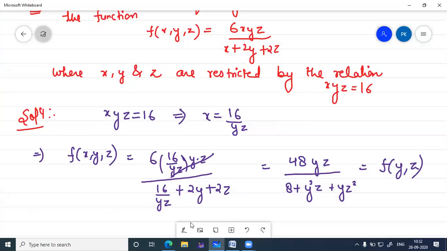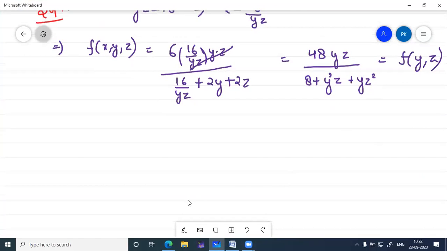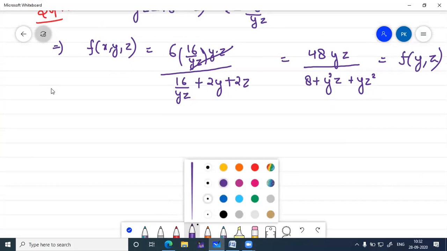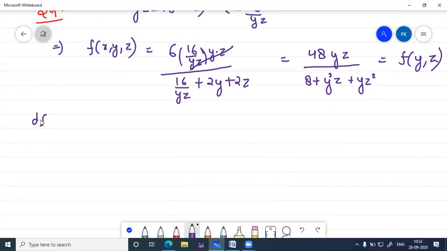So two variables हैं यहाँ पे, y and z. तो सबसे पहले मैं evaluate कर रही हूँ del f by del y, then del f by del z. This is the necessary condition for obtaining the stationary points. With respect to y हम इसको partially differentiate कर रहे हैं, treating the other variable as constant, and we will get here